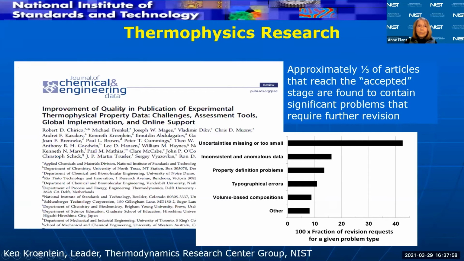So this is work that comes out of NIST from our thermophysics laboratory, where they have agreements with a couple of journals where they will look at a paper before it gets published and run it through a semi-automated checking method to determine whether there are errors or surprising results that aren't theoretically possible in the paper before it actually gets published. And 30% of the time they find that there are problems with the papers that could be dealt with before publication.